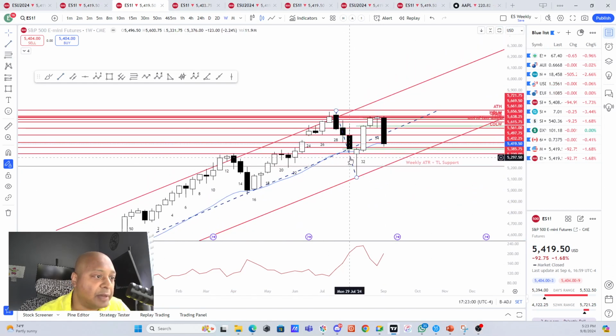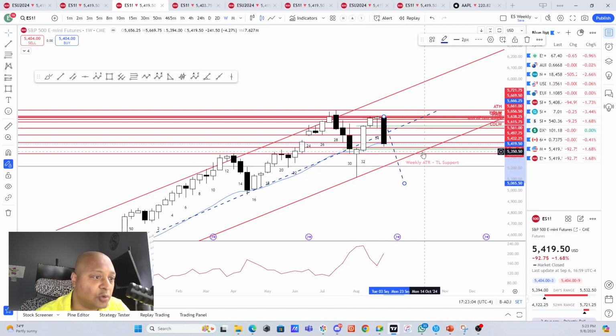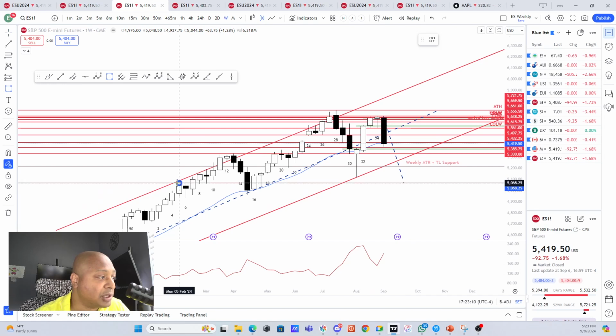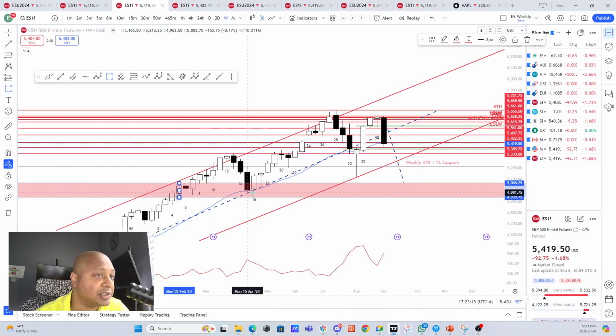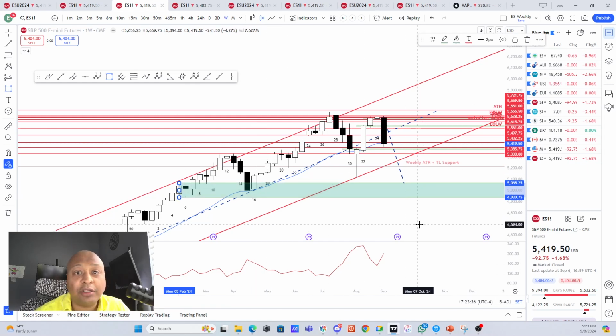However, if we are getting a measured move of this whole move to the downside, then we can actually break down this whole weekly level and we will come down to the 5057 area, which will actually bring us to this particular bull flag that was created and has acted as a support at this point. So that's all we have on the weekly chart right now.